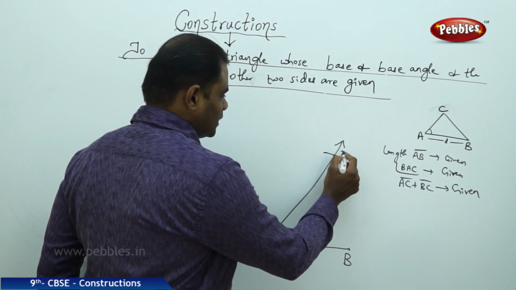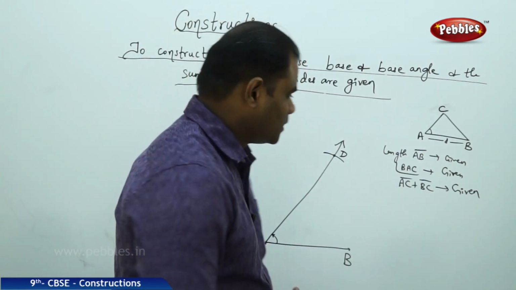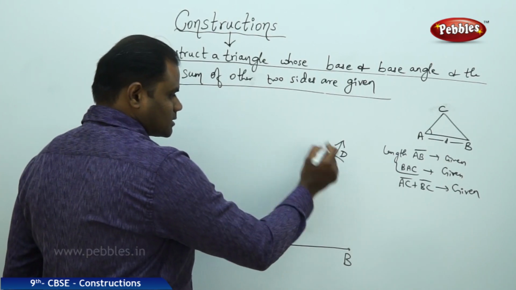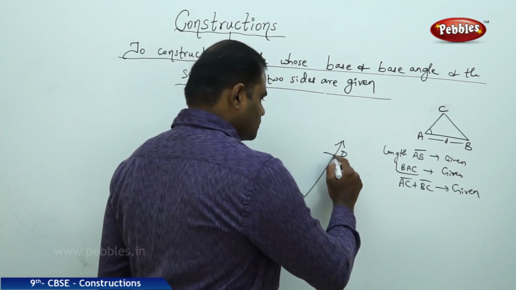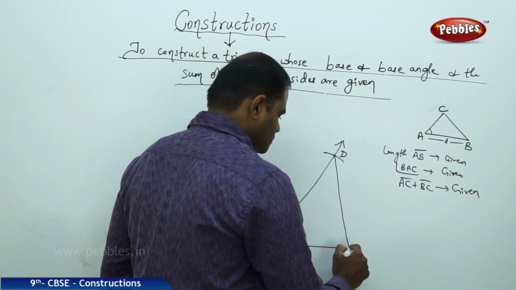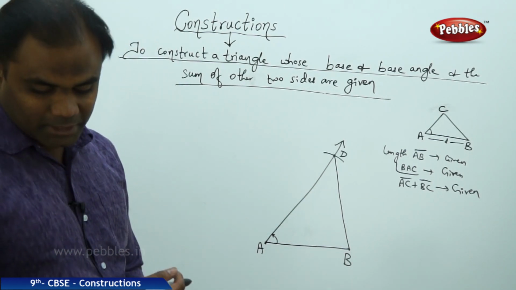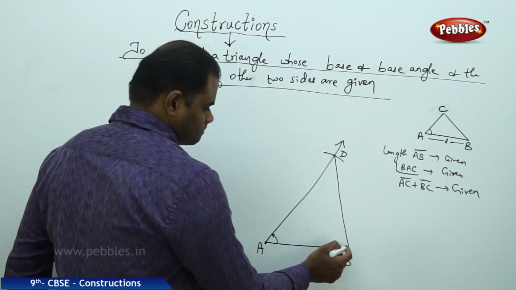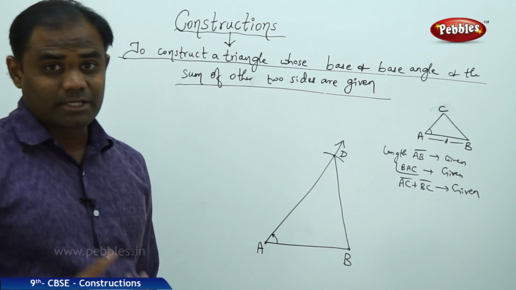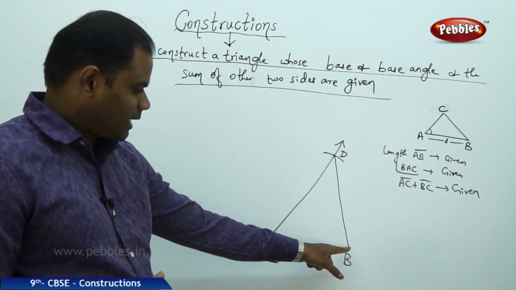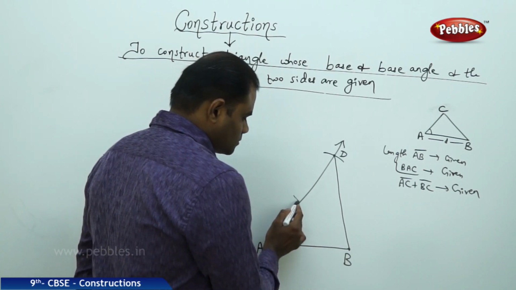So here I cut the arc with the distance of AC plus BC. That distance is cut as an arc and it cuts this line at D. Then I join D to B. I just join the two lines from D to B. Then I take the angular bisector at B. We know how to draw the angular bisector as taken in the previous case. So I draw the angular bisector at B by cutting an arc, and then I get this